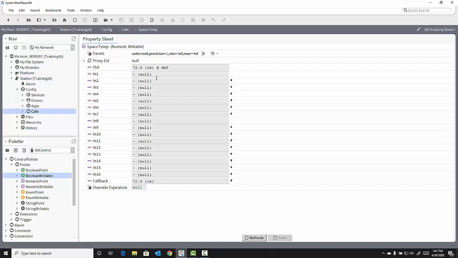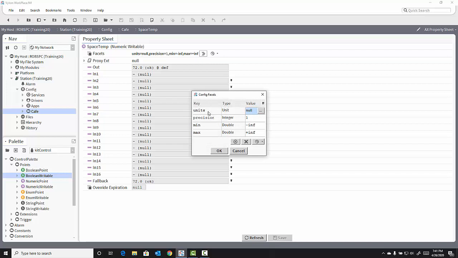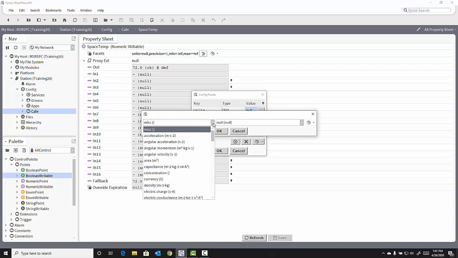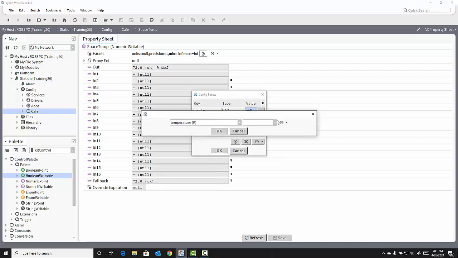To add units, I can click the double arrow in the facets field, and in the unit facet, I can click in the value field to change the units. When I do, I get a pop-up menu, and the left pop-up menu is the type of engineering unit I want to use. In this case, I'm going to scroll through the list to find temperature. The right pop-up menu is the actual unit to use. In this case, because I'm writing this in the United States, I'm going to use Fahrenheit as my unit of